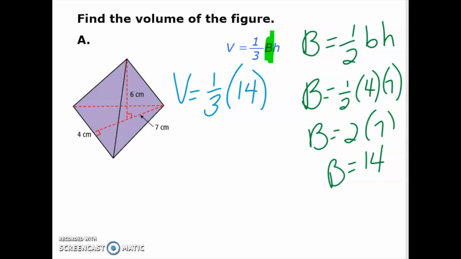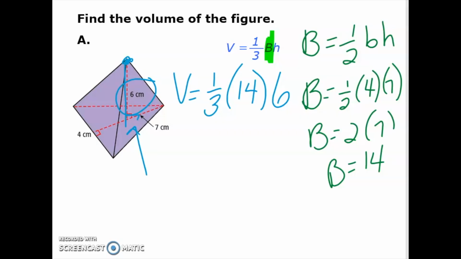And then height, this is the height of the pyramid. So this is where I go from my vertex at the top, and I'm looking for that line that goes straight down into the middle, and that height is 6. So times 6. Now when I'm multiplying this and I have the 1/3, it gets a little tricky because 1/3